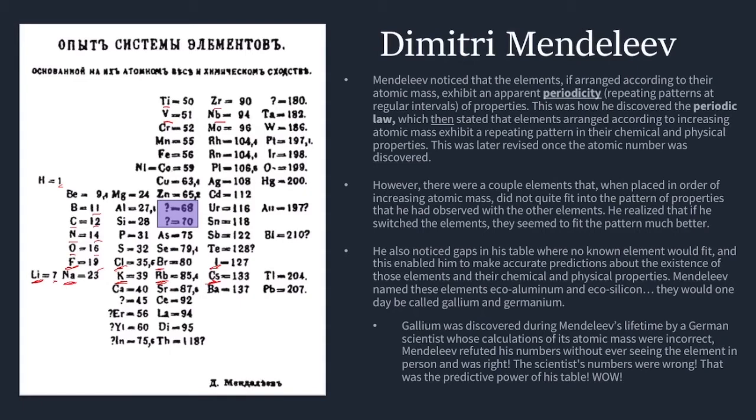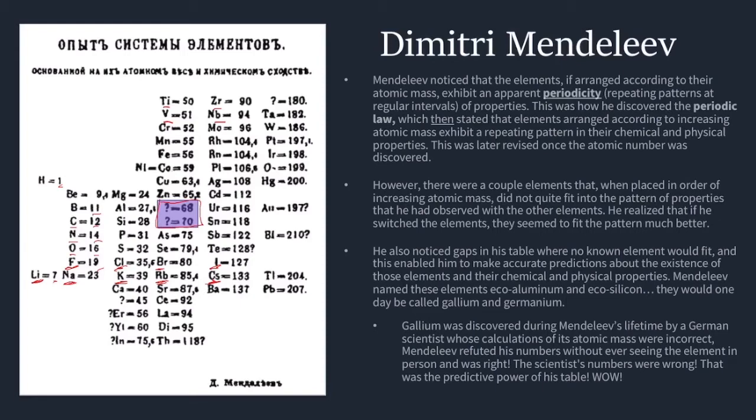He also noticed gaps in his periodic table where no known element would fit, and this is what actually enabled him to make the predictions about the existence of elements and what their chemical and physical properties would be like. So as some examples, if you take a look over here at this purple box, these are the places for